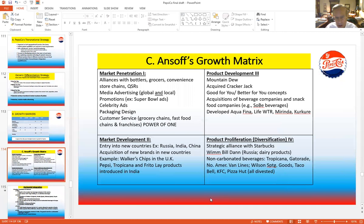Another device that we can use to define and describe how companies grow and to describe their growth models is Ansoff's growth matrix. And it basically asks two questions, and those questions are not posted on this slide. So you're going to have to pay attention. First of all,